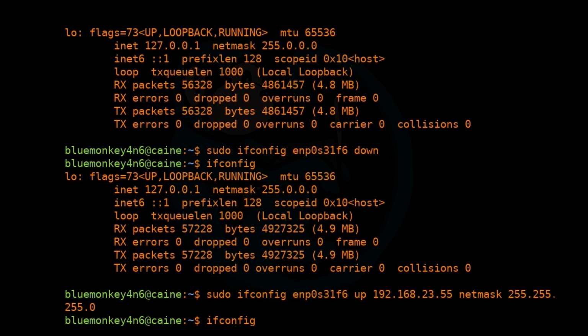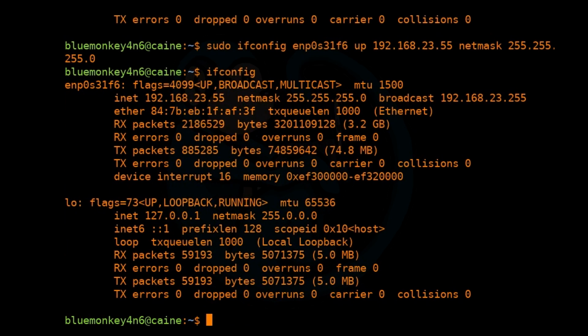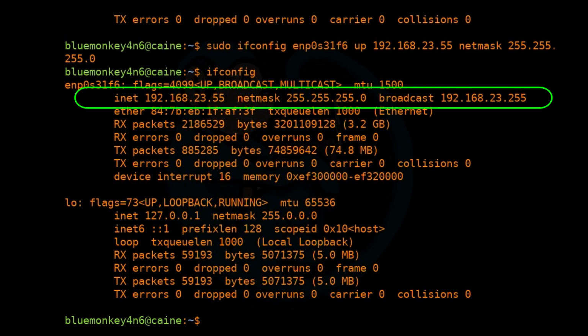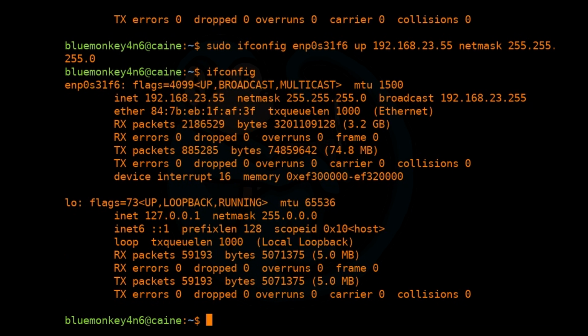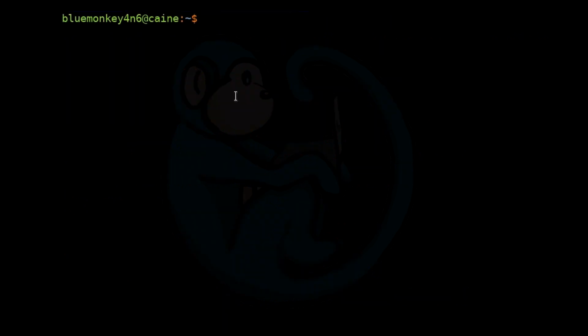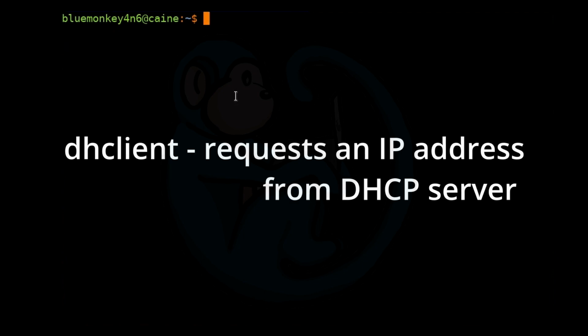Now if we do ifconfig again to verify, we can see that the interface is back up, and the IP address that we gave it is now the IPv4 address, and it's got the net mask that we gave it. Instead of self-assigning an IP address, if the network has a DHCP server running, you can use the dhclient command